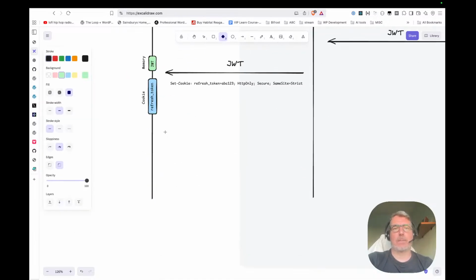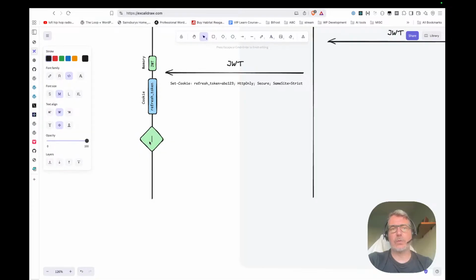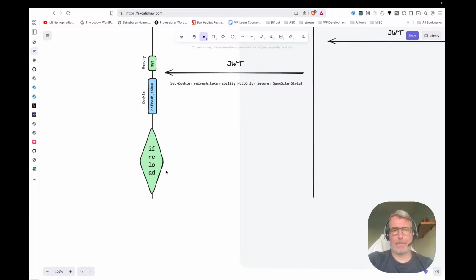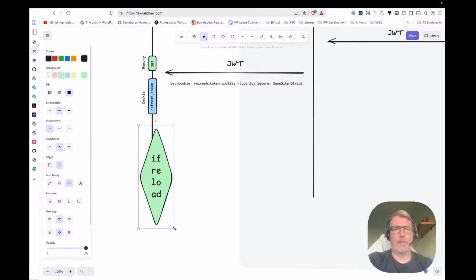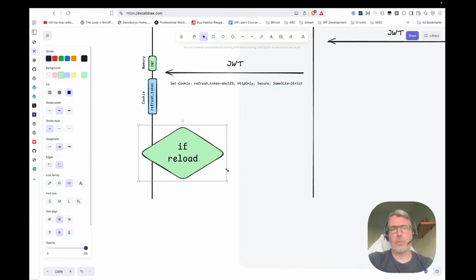entonces para aquí. No, ponemos aquí if reload, reload. No, a ver, if reload, okay,